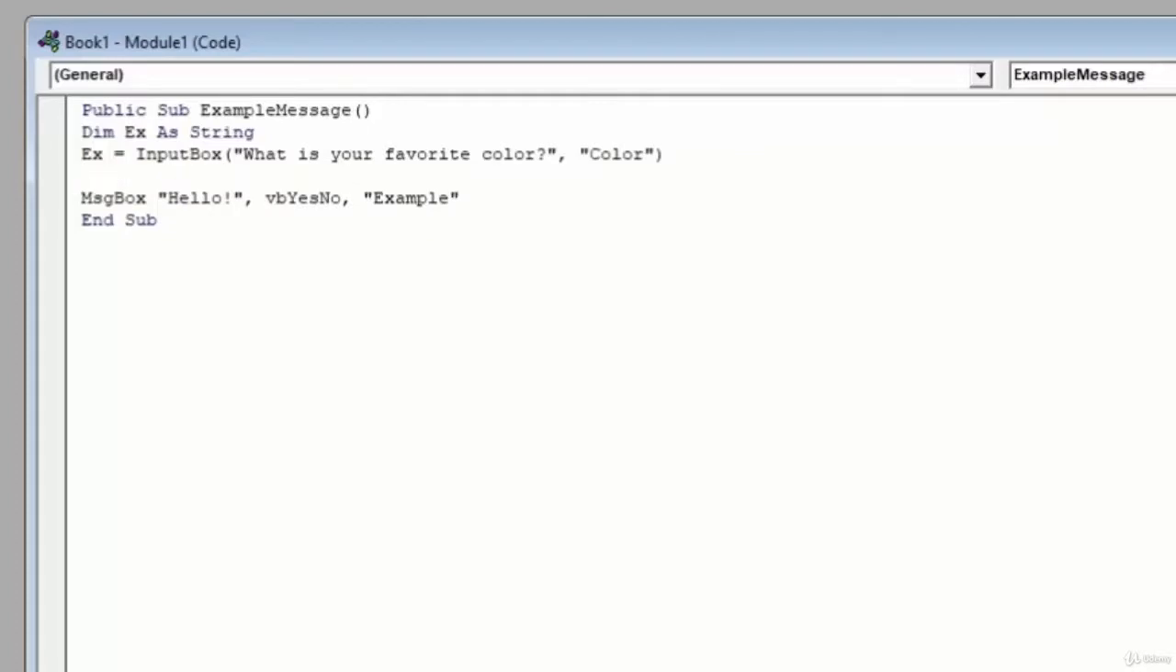Now after the input box runs, we'll have a value stored in our EX variable. So let's return that EX variable in our regular message box that we have down here. So we'll add to this prompt and say your favorite color is. Now, we probably don't want to put the favorite color on the same line. Maybe we want to add an empty line in between this statement and the resultant favorite color that has been